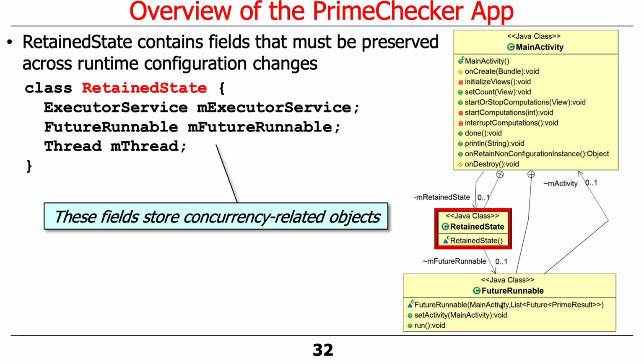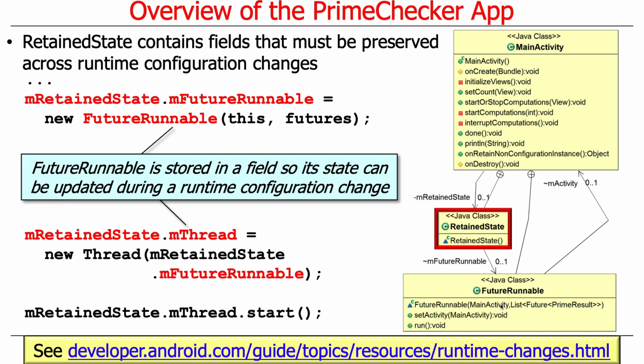So we have Executor Service, future runnable, the thread. Those things are all stored in this object. And then we can go ahead and create and start the code using the elements of this field. So you can see here that we have mFuture runnable, which is one of those elements, and we make a